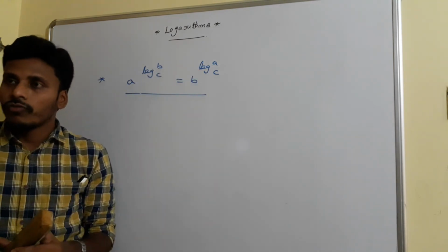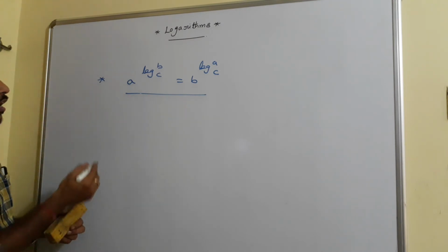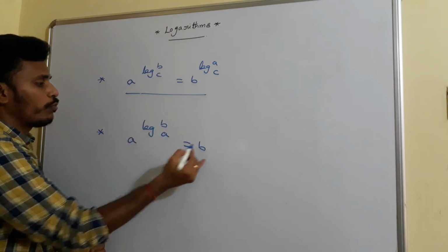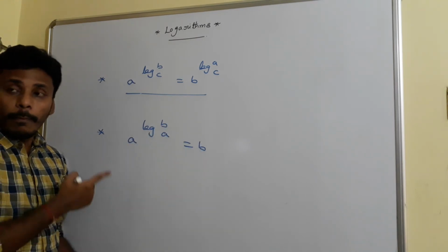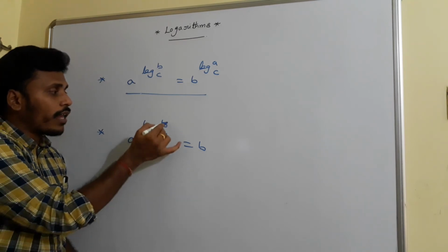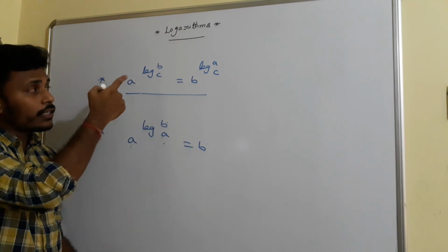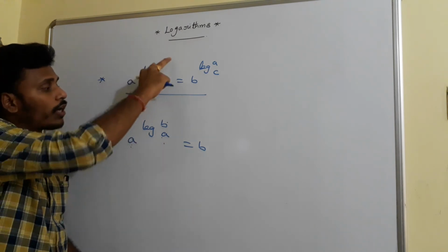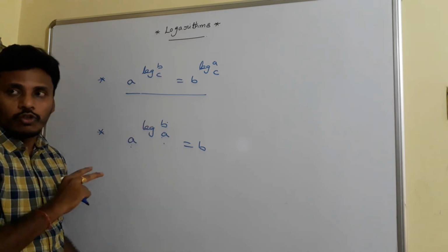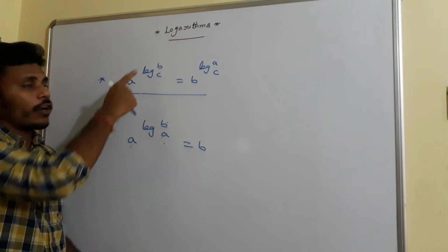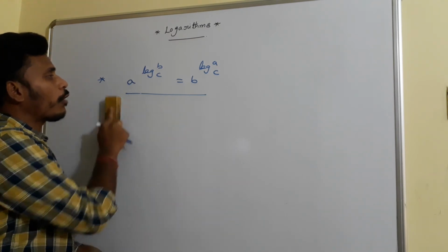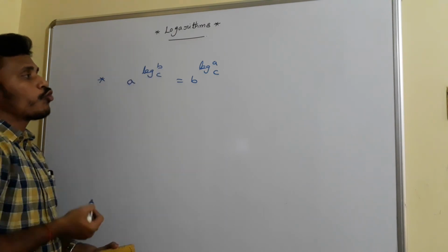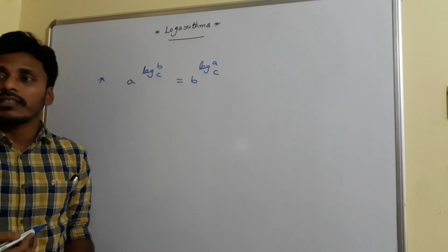Is it right? Now, we need to prove it. See, already we have a law related to that. What is it? A to the power log B base A is equal to B. Already I mentioned it. But here this A and A are the same and the final answer is B. That is the format. But if you look at this, these two values are not the same. This is A and that is C. So these two laws are different. First of all, you need to identify that also. This is A power log B base A and that is A power log B base C. So if you have A power log B base C, then you have a chance to interchange these two positions. You may write it like B power log A base C also.